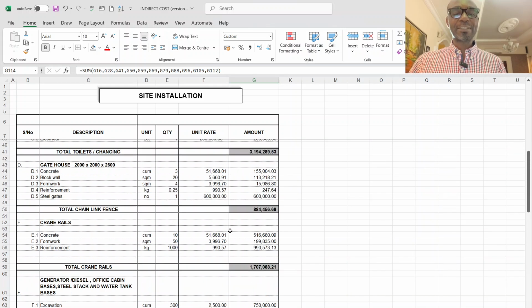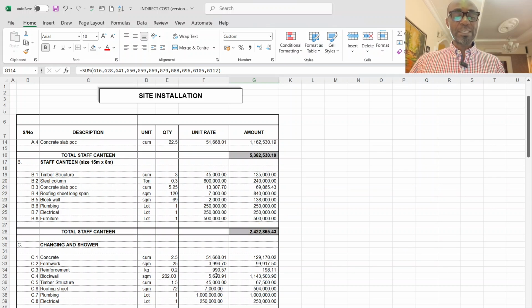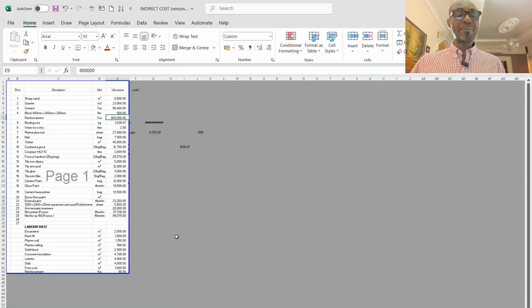And some of the rates, we'll discuss rate build up in another video, but just to give us a tip on how some of these rates you are seeing came about, like the concrete. These are my basic rates, just like I said when I was taking us through how to measure, where I said you can link everything, and once you update your unit rates, it goes to your basic rate, it goes to your rate build up. Then you link that to your